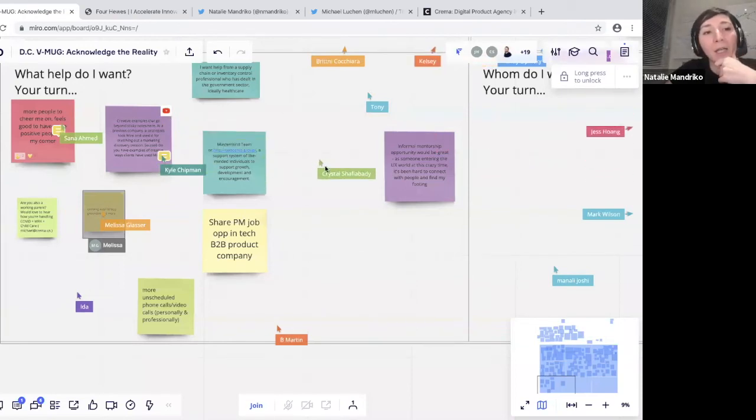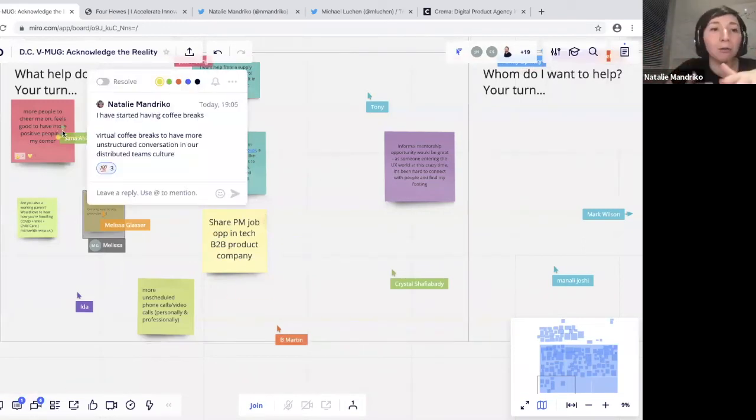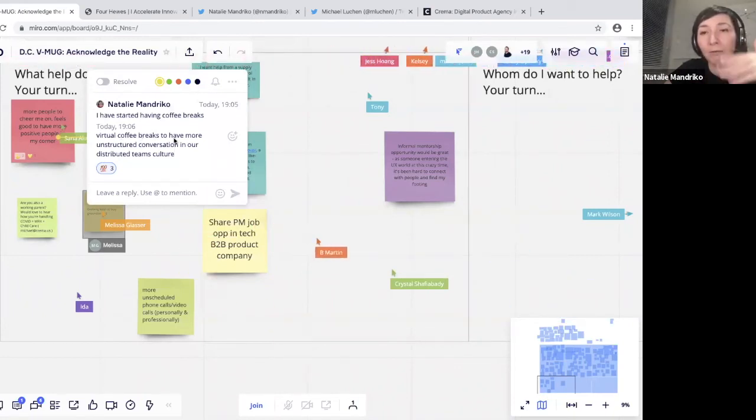One of the things I implemented a few weeks back at my own company, I call coffee breaks. I set a regular 10 to 15 minute time, and if people can, they join me and we just have conversation about whatever is on our minds. And now I see results.